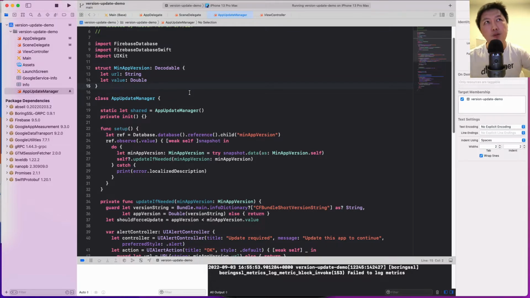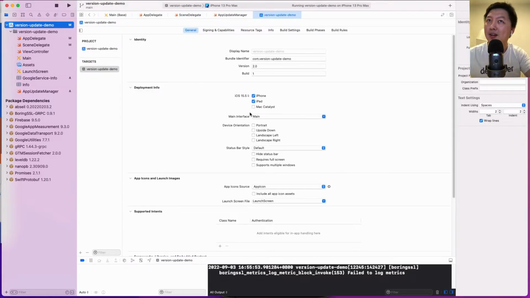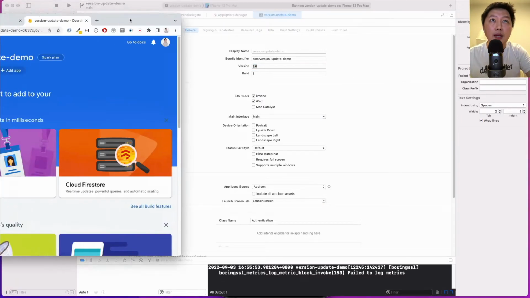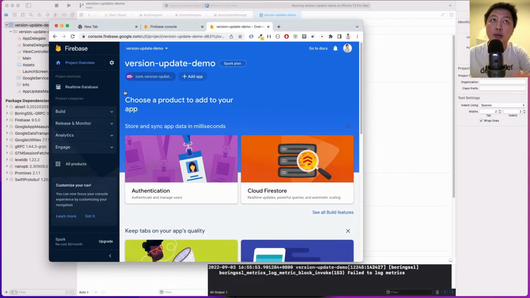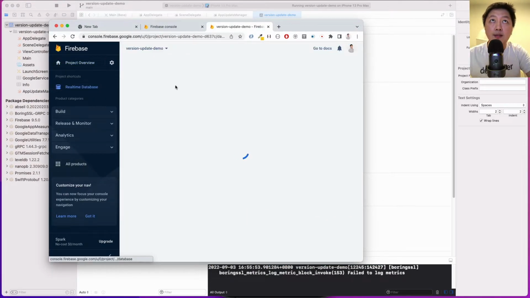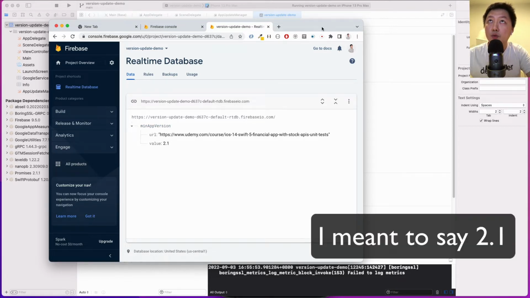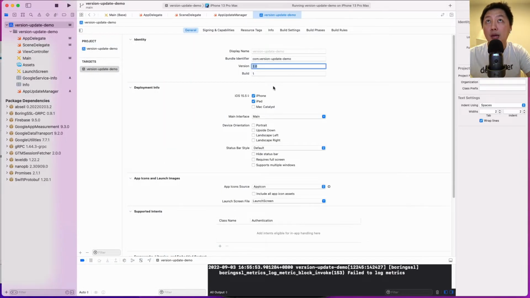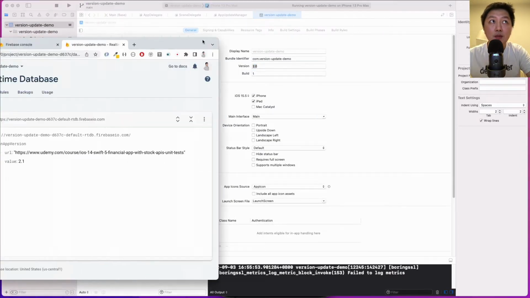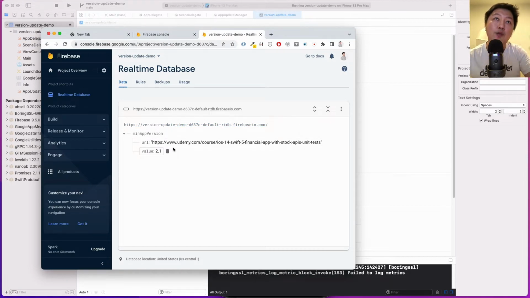Okay, so let me quickly show you what I mean by that, since I didn't explain that very well. So you see over here in this app, this is version 2.0. And I've already synced up with Firebase, and I have inside this real-time database an object here called the minimum app version. Okay, so I set this to be 2.0. So what it means is that if the app version is less than the minimum app version over here, then you're going to see that pop up. All right, so if I'm going to make this maybe 1.0, okay,